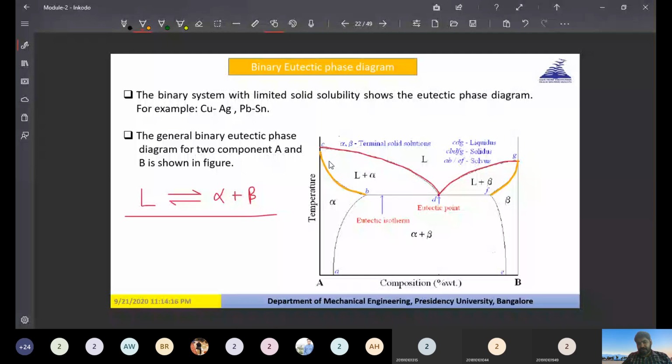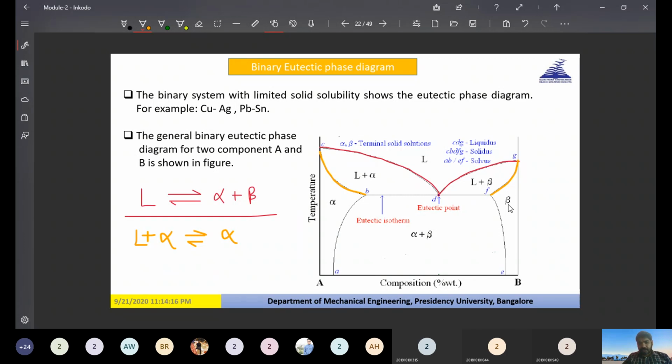So what you have to do is simply see what is happening across these lines. Along these lines, liquid and solid phases, alpha, are in equilibrium with another solid phase. So whenever one liquid and one solid phase are in equilibrium with another solid phase, we call it a solidus line. The same thing is happening over here also. This is also the solidus line. One liquid and one solid phase are in equilibrium with the other solid phase. So this is how we can define the solidus line.